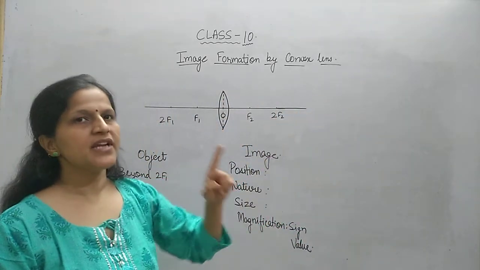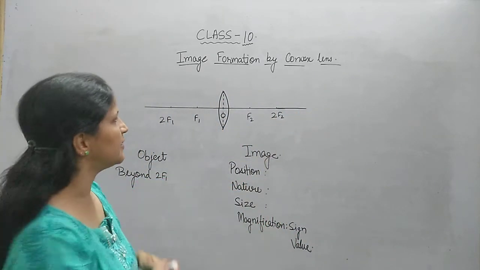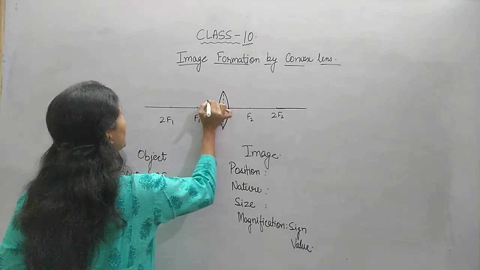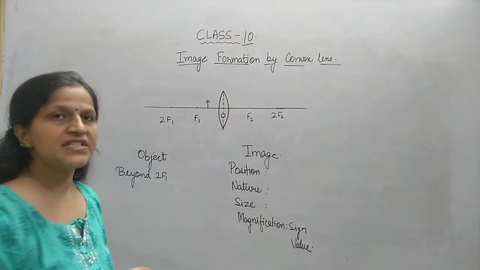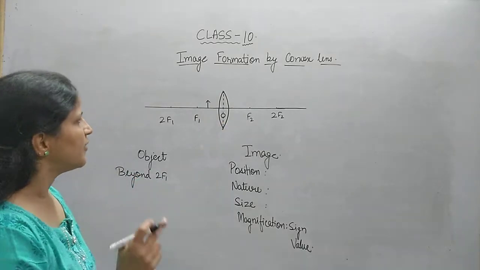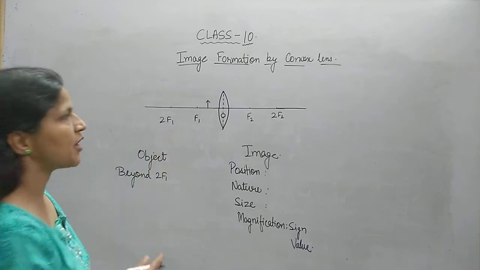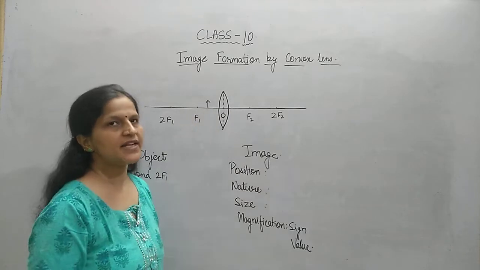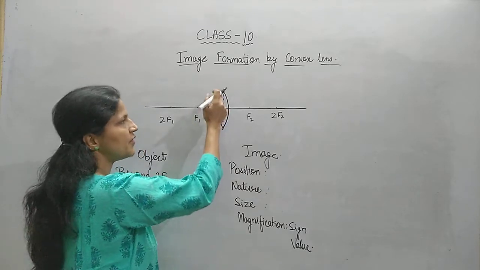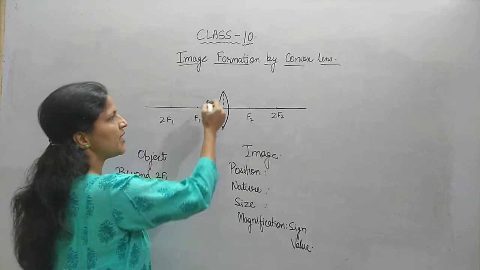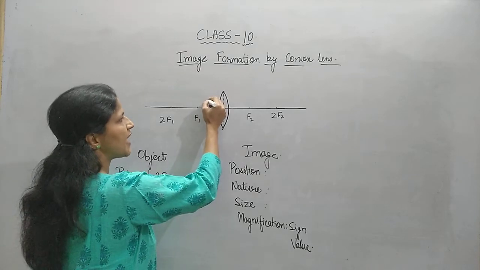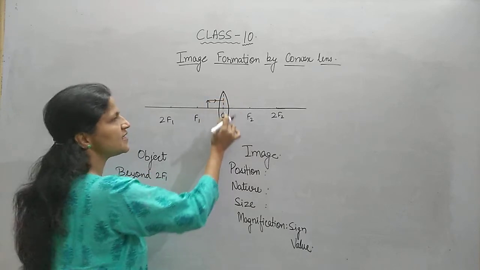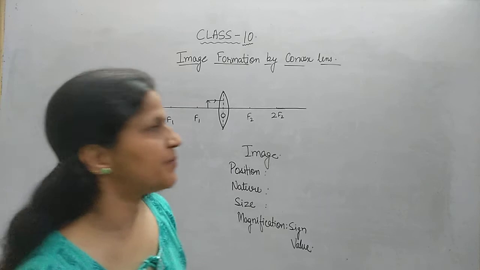So I am drawing the last case in this sequence where the object is placed between F1 and optical center of the lens, and we will see what type of image is formed. One more thing you must notice while drawing the ray diagrams, I have always drawn this dotted line which I call the axis of the lens. This axis of the lens will be useful for us so that we may know till what extent we will carry on the incident ray. The incident ray will go straight till the axis, and after that it will show its bending.